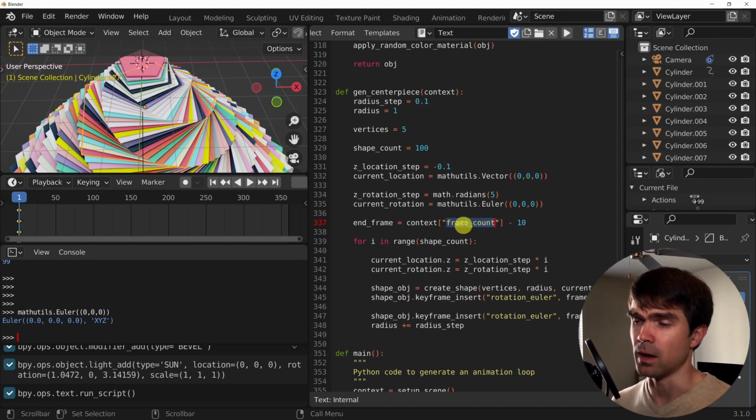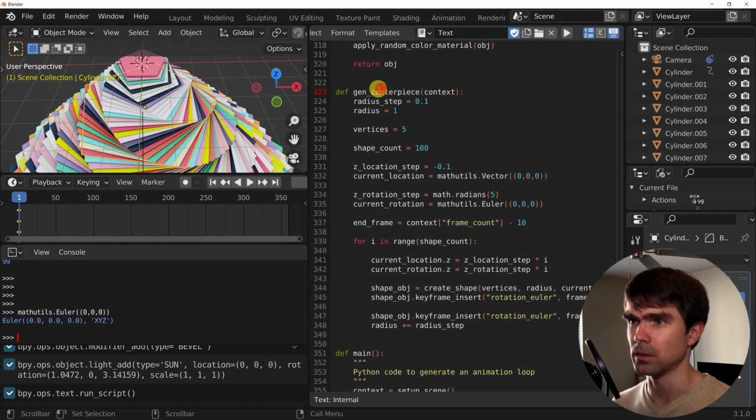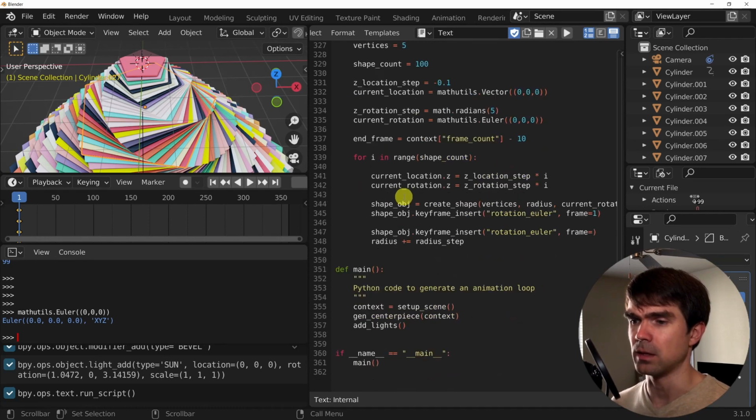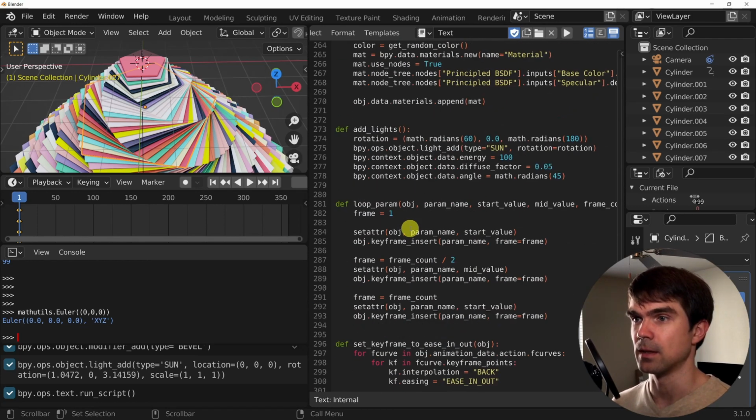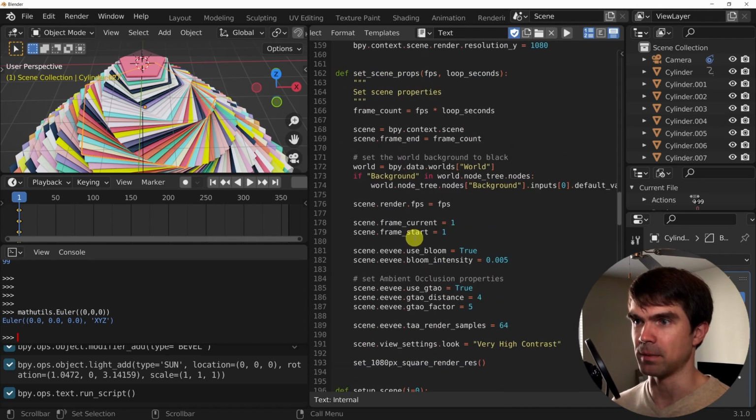So this frame count is coming from, so Gen Centerpiece is right here. We're passing the context, right? So we're accessing this frame count right here from the context. And the context we get from the setup scene function. Let's go up there and figure out what's happening.